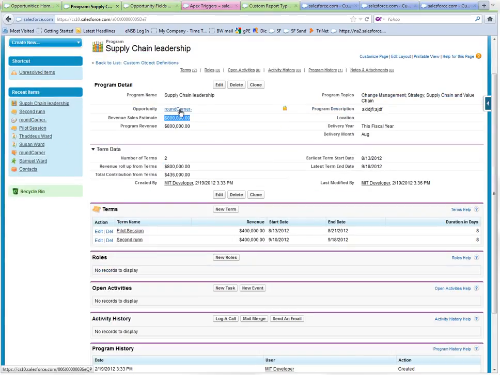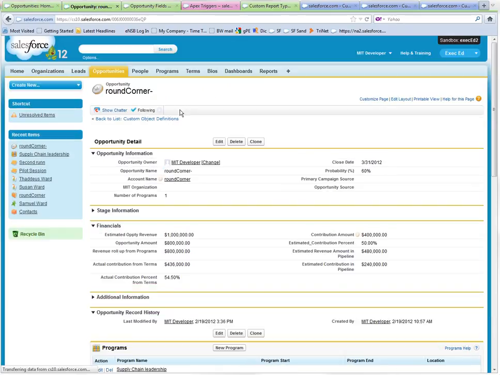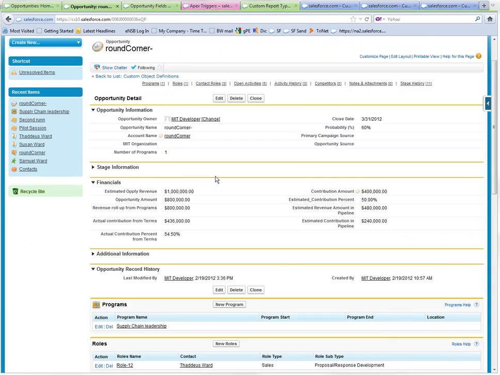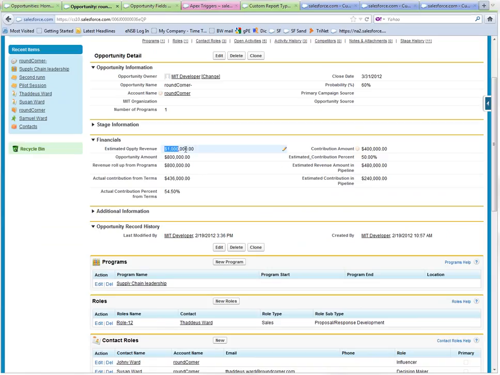If we take it back to the opportunity level, what are we looking at? We're now looking at this is our original estimate of roughly $1 million. Now we're saying, hey, the revenue roll up from programs is 800,000, and we take a look at the actual contribution coming from the terms. It ends up being 436,000 is our actual contribution, which is quite